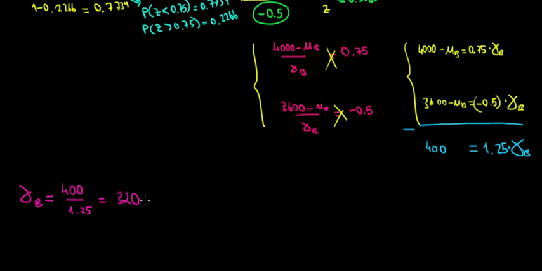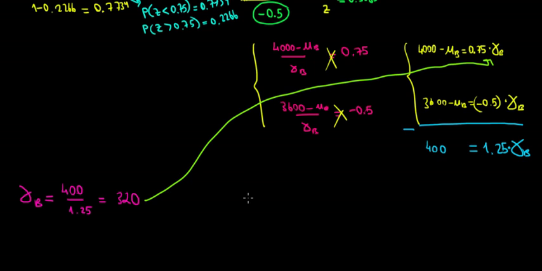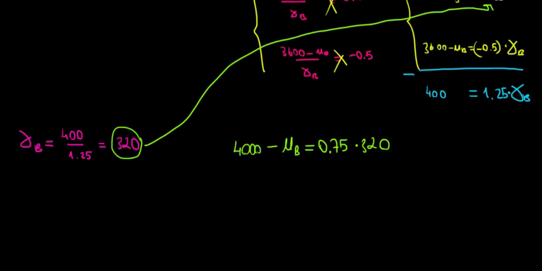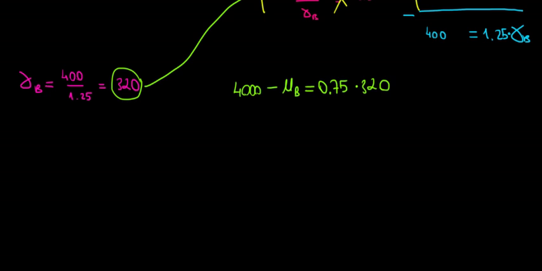And now, knowing the standard deviation, we can substitute in either of these relationships. For instance, if we go to the first relationship over here and we substitute the standard deviation, we're going to be left with only one variable, and that's exactly what we want. So that's going to look the following way: 4,000 minus the mean is equal to 0.75 times the standard deviation of 320. So 0.75 times 320, that would equal to